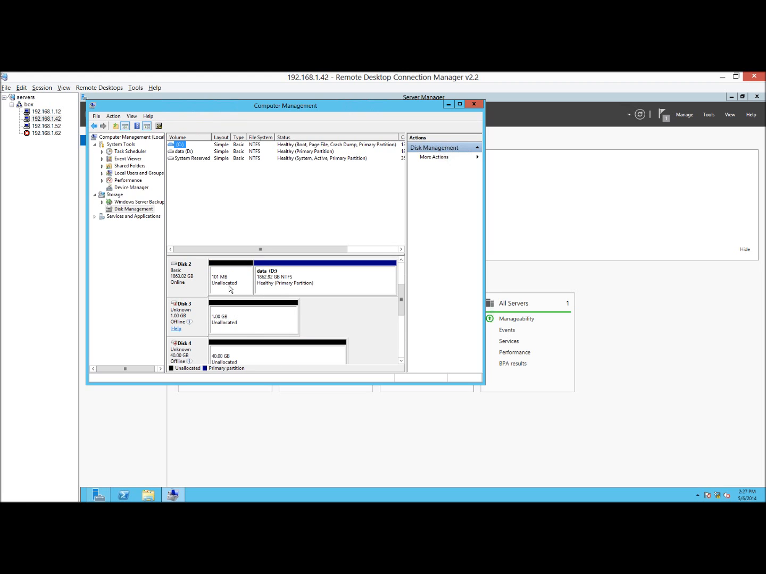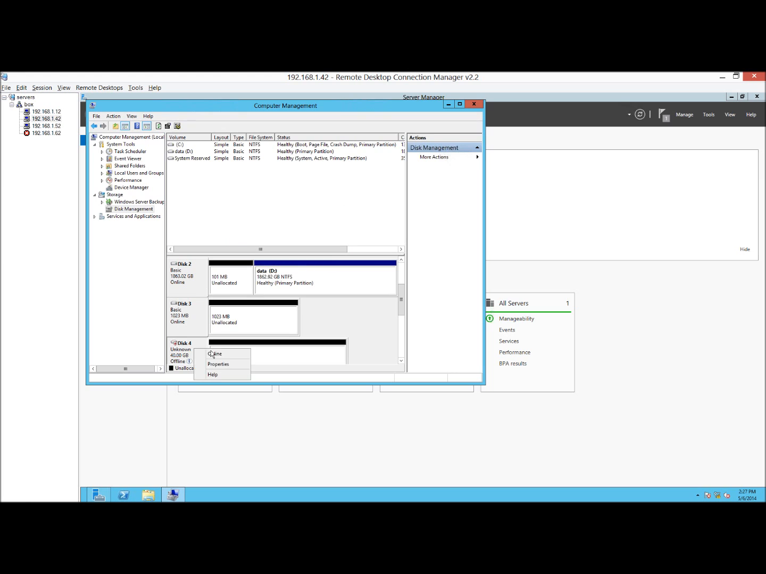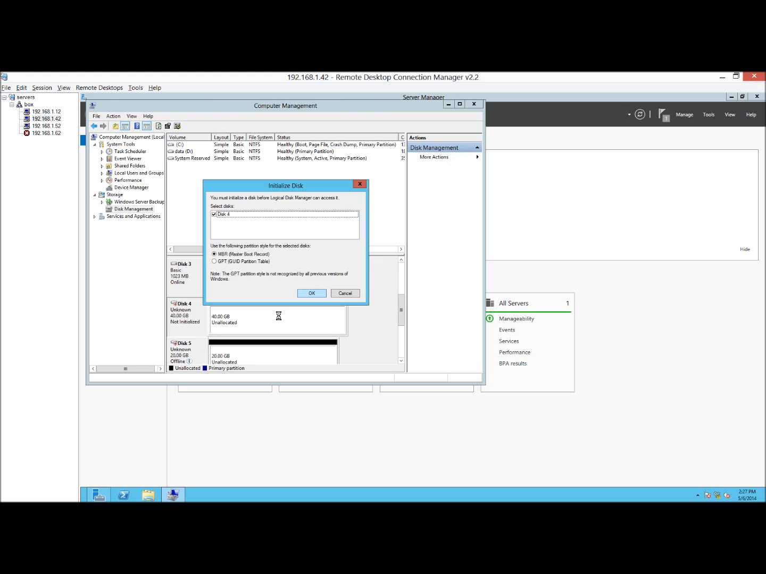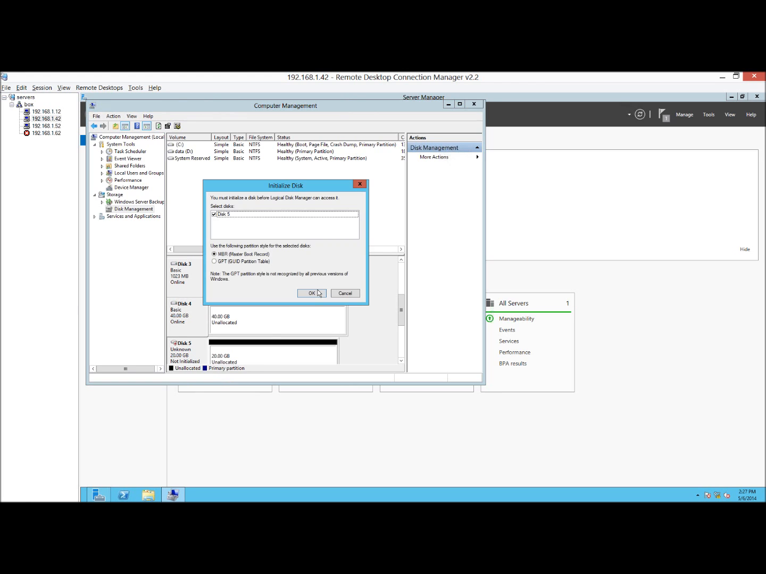Okay. So the first one is 1 gig, the second one is 40 gig, and the third one is 20 gig. The D drive is my DVD that I have in there, so ignore that. So I'm going to right-click over here and bring it online, initialize it, click OK, bring this disk online, bring this disk online and initialize it, bring this one online, initialize it,